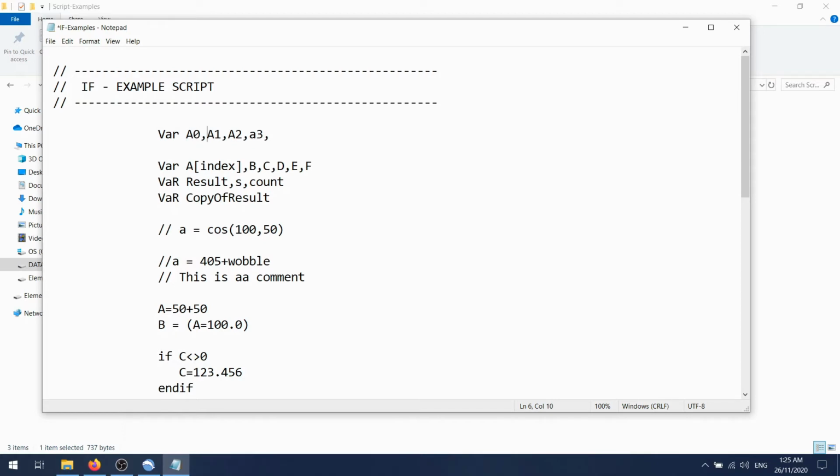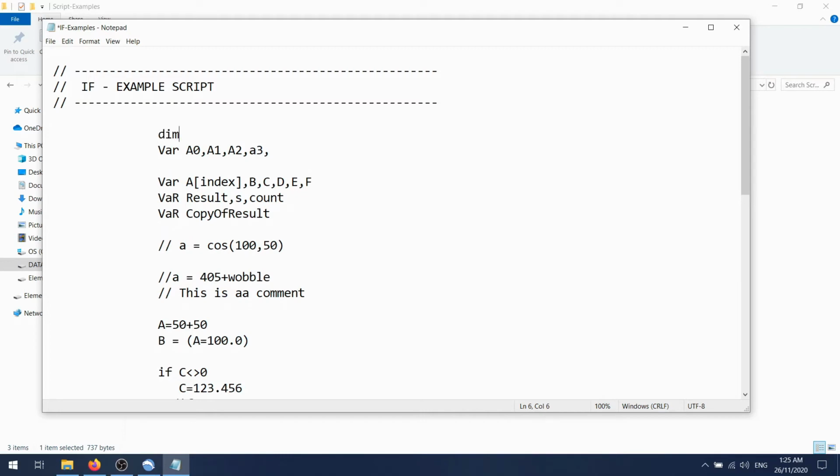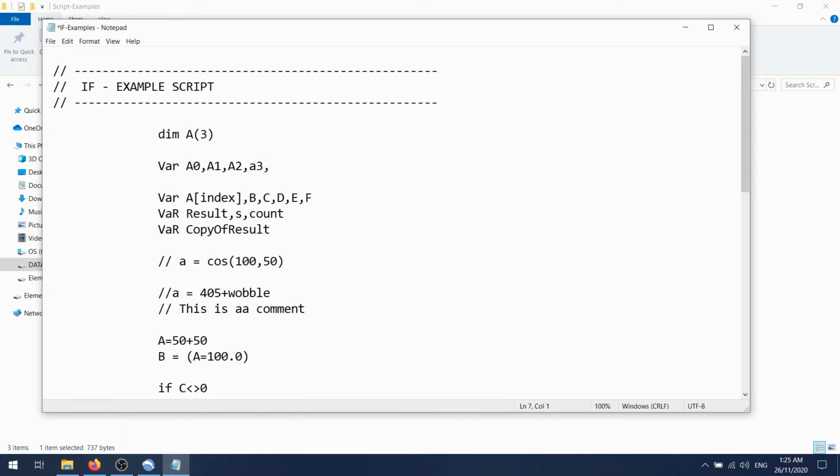So this is the equivalent of doing, in PB land, going dim A3. It's not beautiful, we don't have an index per se, but we now have 4 chunks of memory